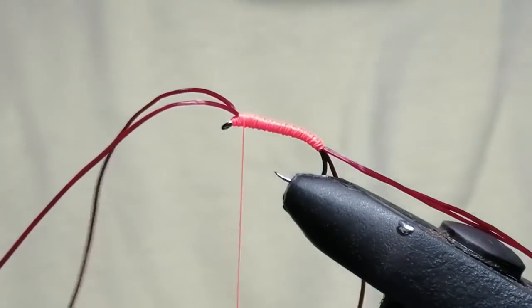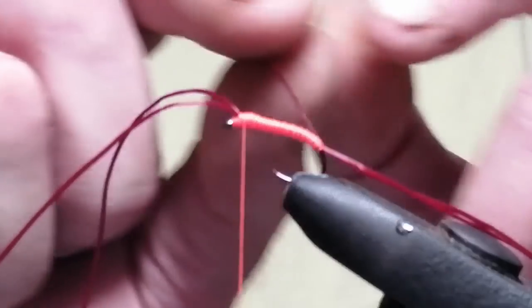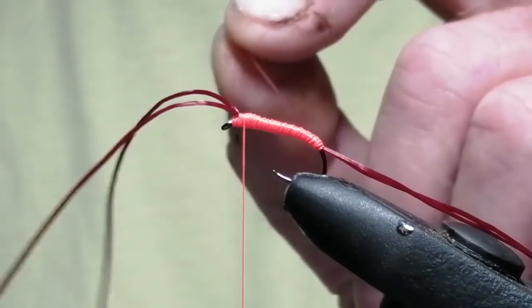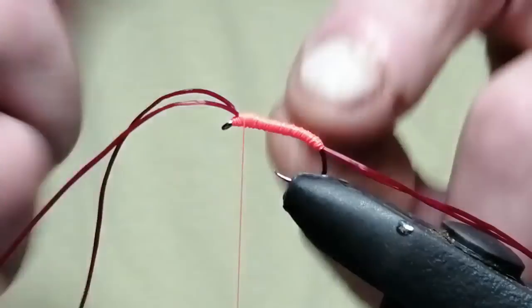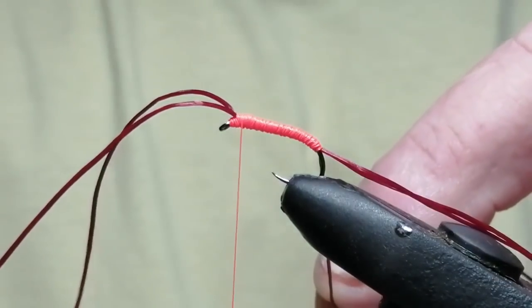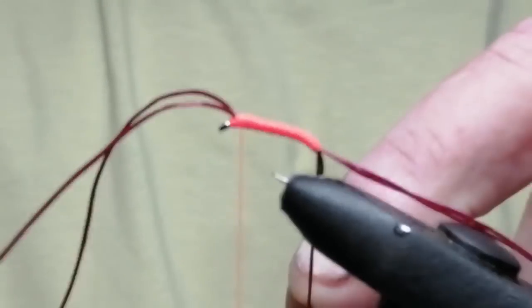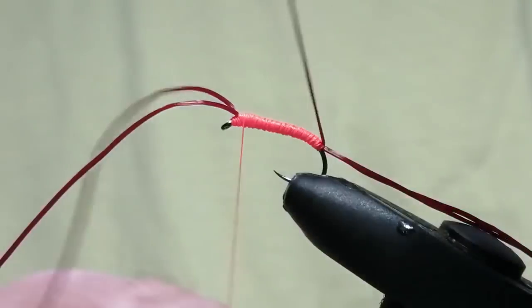Right, I'm just going to give you a demonstration and explain why that is not the Apis worm. The brandling is a variation of the Apis worm. It's not the proper Apis worm. For an example, we've just spent a lot of time putting the glow bright number 5 colour on that fly for a reason. Now just imagine I do this